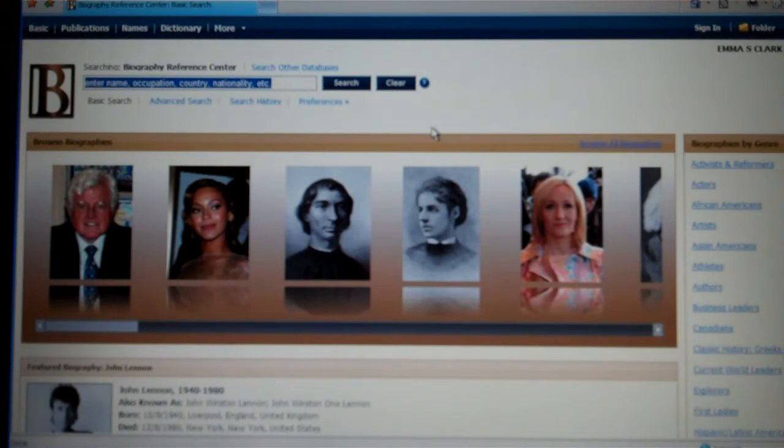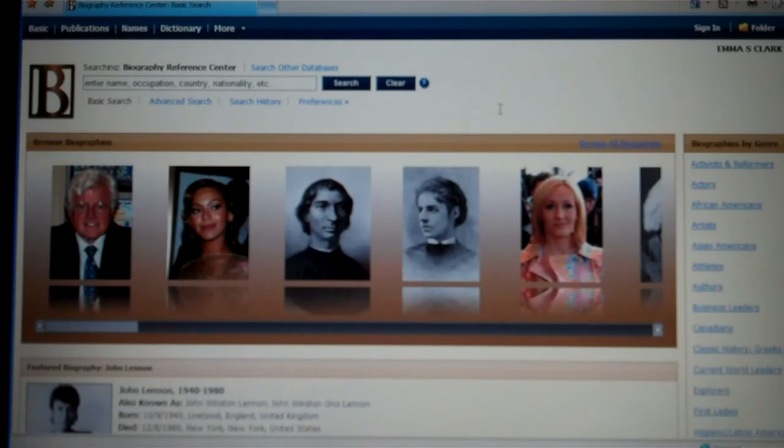The last site I'd like to bring to your attention is the biography database called Biography Reference Center, and I accessed this through my library. It is supported by EBSCOhost, and it's a subscribed website. So you can see that there's not as much advertising crowding it as with biography.com, and it is bright and colorful.